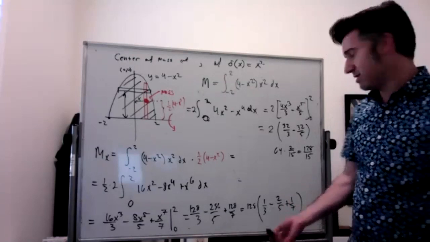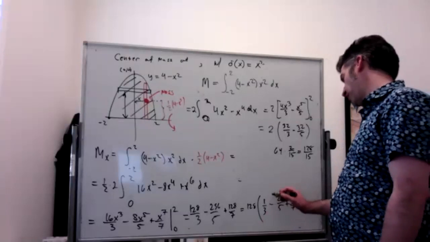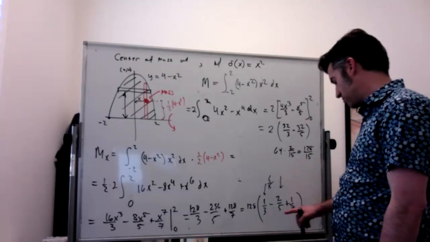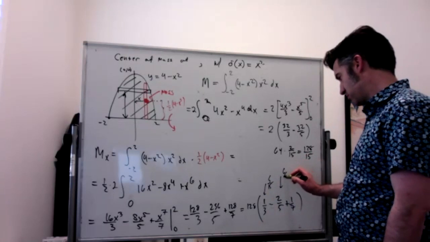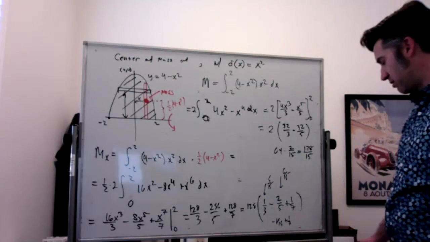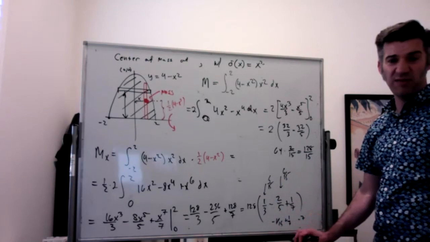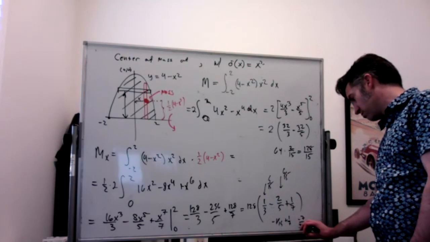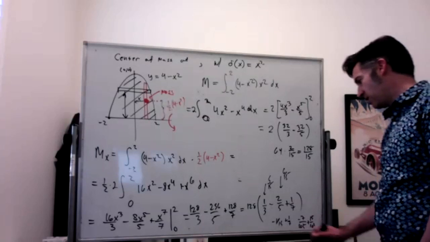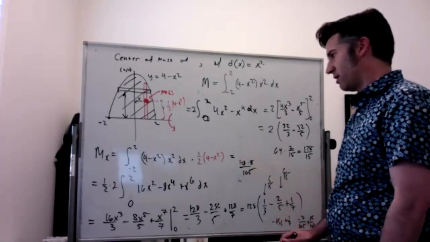And we can get a common denominator, and it's still awful. So a common denominator would be 105. Let's see, fine. This is going to be 5/15 minus 6/15. So I've got negative 1/15 plus 1/7. So that's going to be negative 7 over 105, since 7 times 15 is 105, plus 15 over 105, which is 8 over 105. So we end up with, oh my gosh, 128 times 8 over 105. That's our moment around the